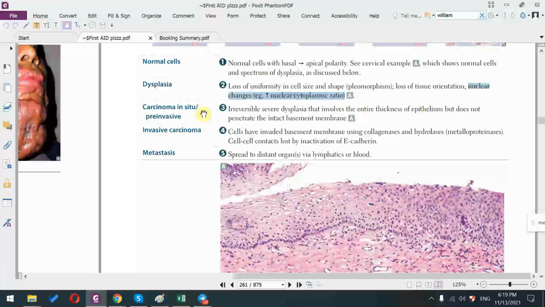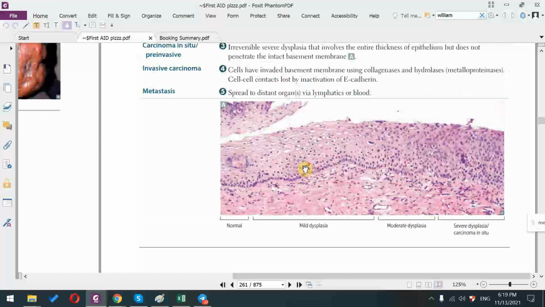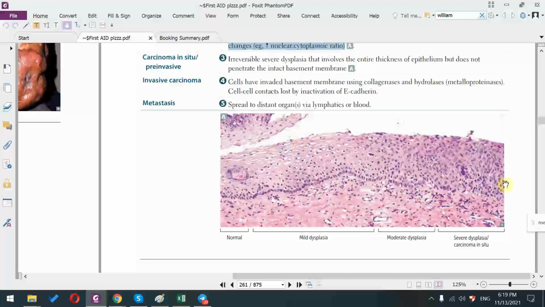The basement membrane is not touched. It is still intact. Okay, so that's like the line stay there. The next one is invasive carcinoma, which I showed you. Cells have invaded the basement membrane using collagenase and